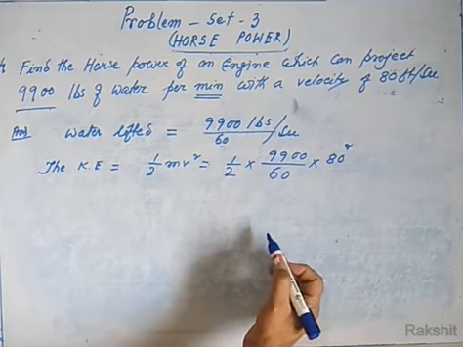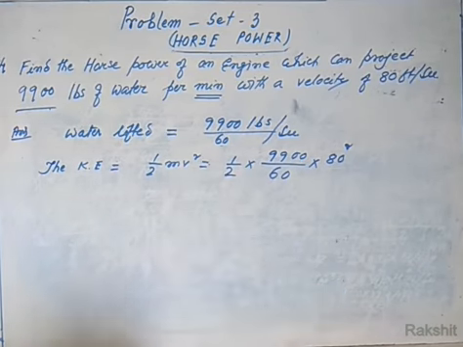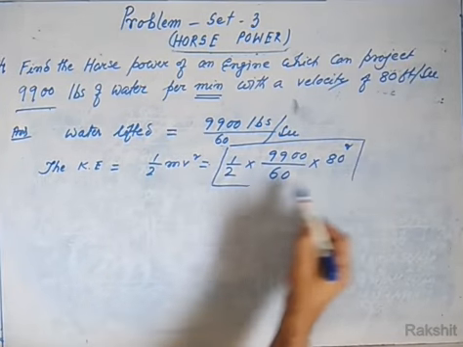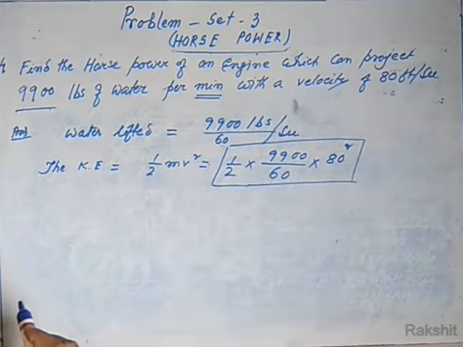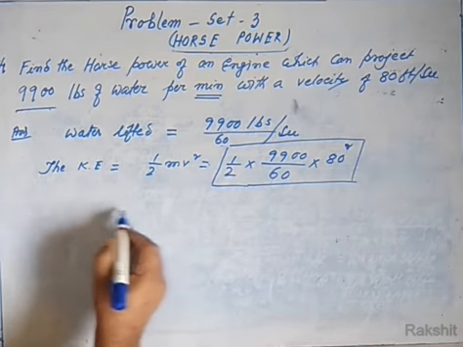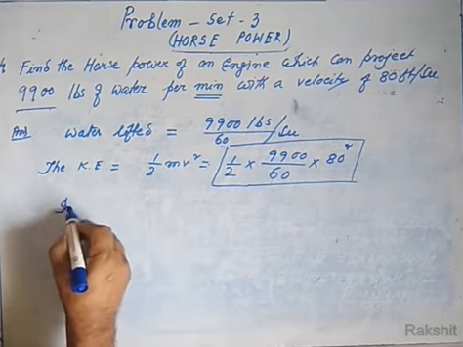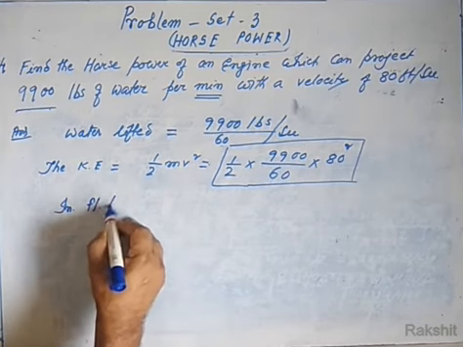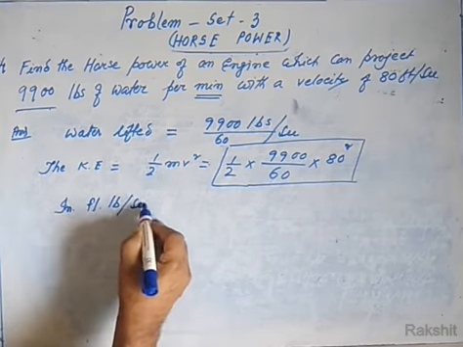Now, when we want to convert this into HP unit, we have to divide the whole amount of energy by 32. So, in foot pound per second unit,